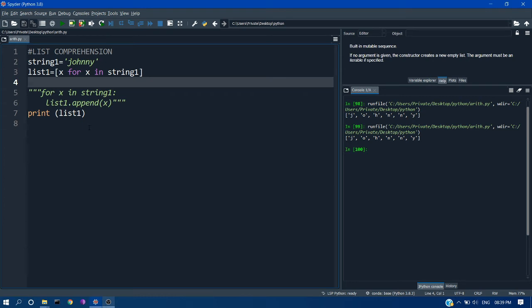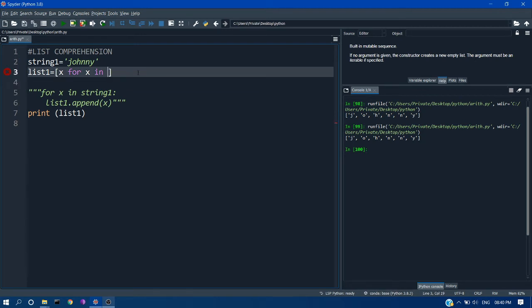I hope this concept is clear for you. We are just using the for loop syntax and keeping a variable x, and then we are directly keeping it inside our empty list so that list1 equals our for loop condition. It will take each element in string1 and keep it inside list1, more or less like appending the string to our list. Now let's see another example to make list comprehension more clear. Here, instead of using an iterable, I'm just keeping my string within the condition itself.